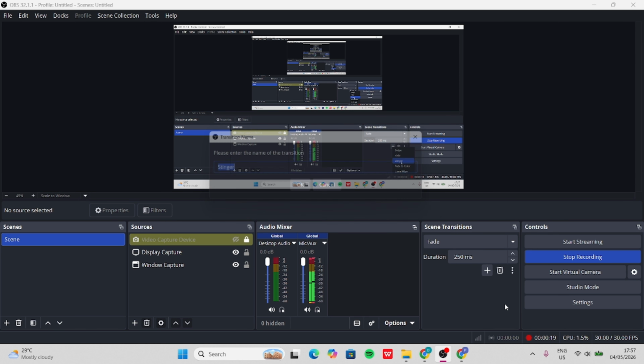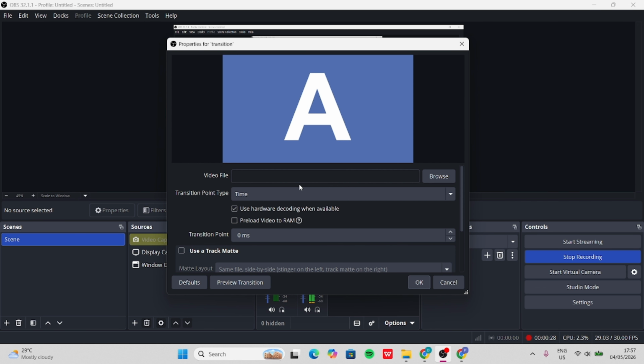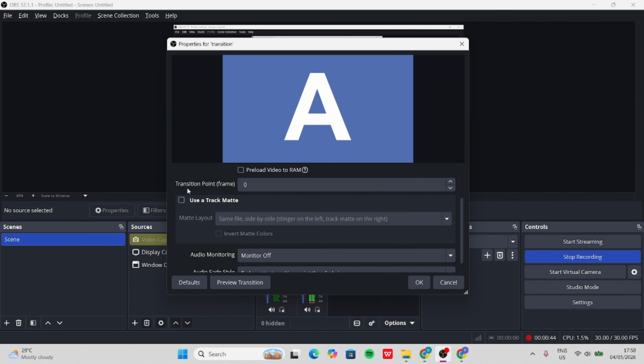For example, stringer, this one, you just name it here, for example, transition, and then you just click OK. Here you can browse and put the transition that you want, either video or a picture, as you want. You just click browse and you choose, and here the transition point type, you can change it from time to frame, for example frame, and for example here the transition point frame, you just put for example 40, and then